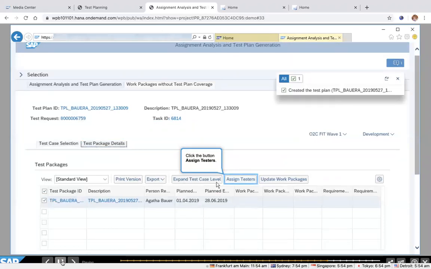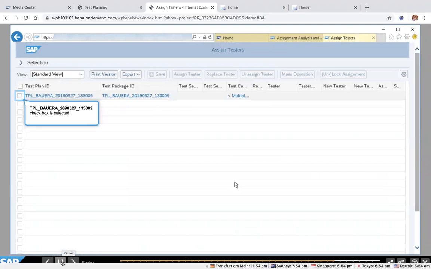And then you can assign testers from here, and then the testers will come and start to do the testing as well, right? So this is a semi-automated way of generating test plans and packages, so that it uses the relationships that we have within Focus Build to actually generate the scope of a test,